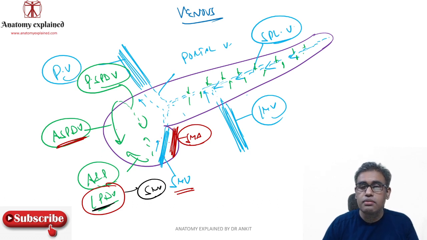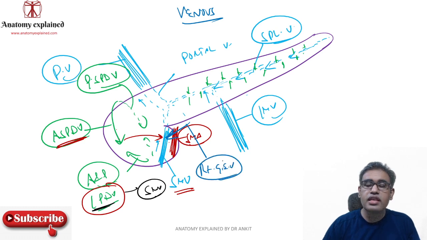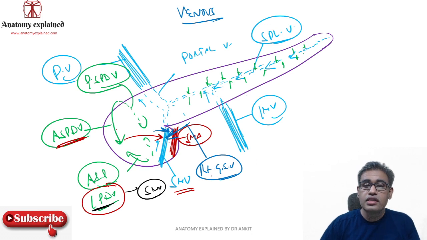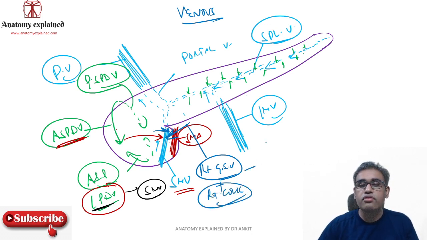It will drain to this vein, but it may drain directly to the SMV, or there is another set of vein over here, because from here you have the right gastroepiploic vein coming. Over here the right gastroepiploic vein is coming, and from here the right colic vein. Right colic artery, right colic vein. These both, right gastroepiploic vein and right colic vein, they form what? They form what is known as the gastrocolic. Gastrocolic is gastroepiploic and right colic.